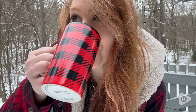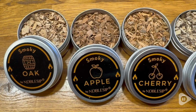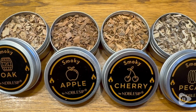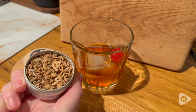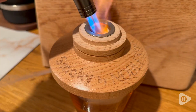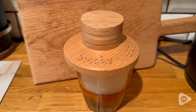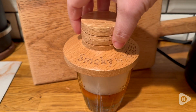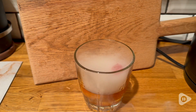I love that it comes with 4 different flavors of wood chips, where it comes with oak, apple, cherry, and pecan. And all you have to do is add a little bit of the wood chips to one of the 3 metal filters and put it right on top of the glass that you're going to be drinking out of. Use the torch to get the smoke going, pop the top on, wait a little while, and then you've got